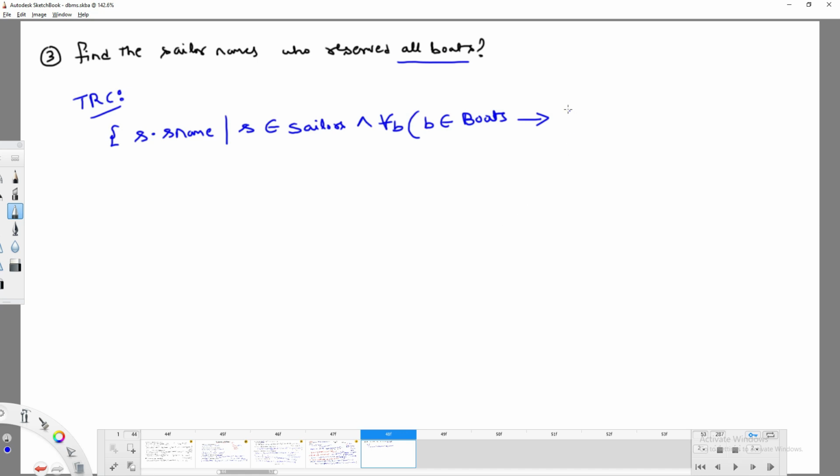This should be, there exists what? Reserves, right? There exists a reserves tuple where this tuple also belongs to reserves, and what you have to do now? R dot BID equal to B dot BID, and R dot SID equal to S dot SID. Is it correct? This is a simple TRC query.